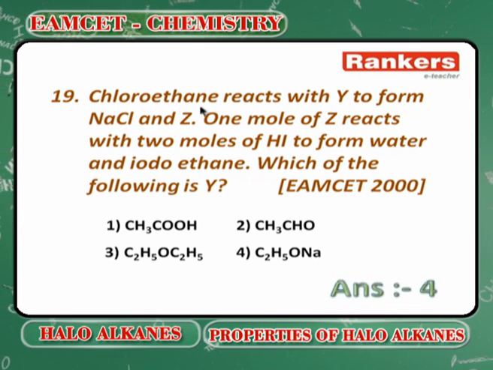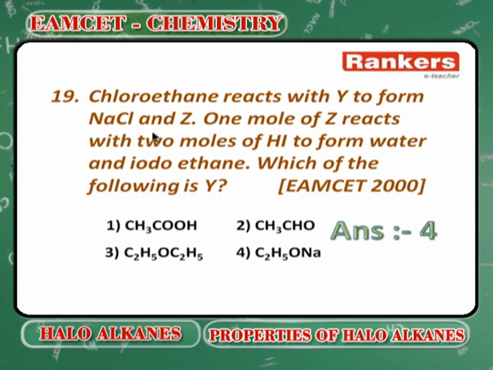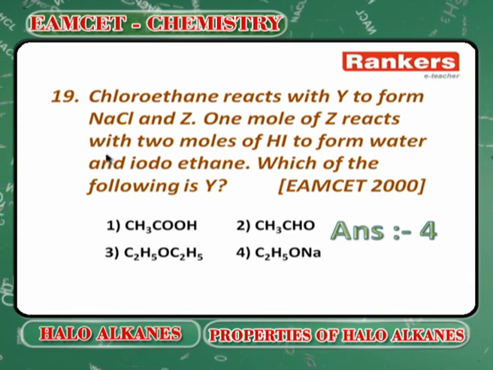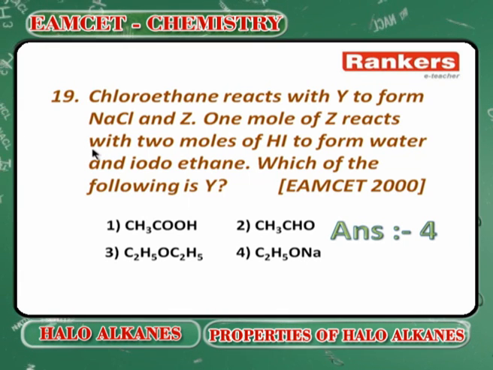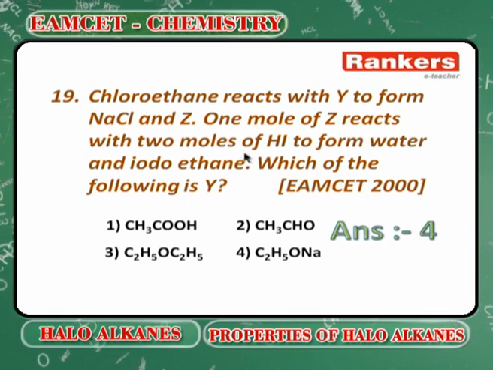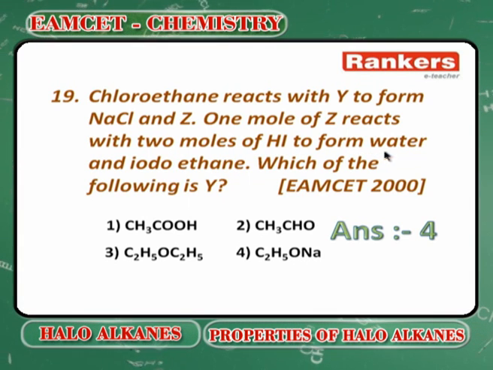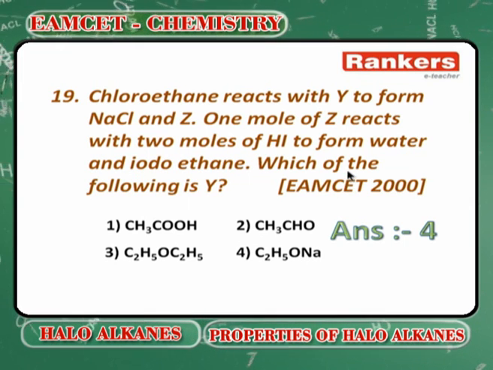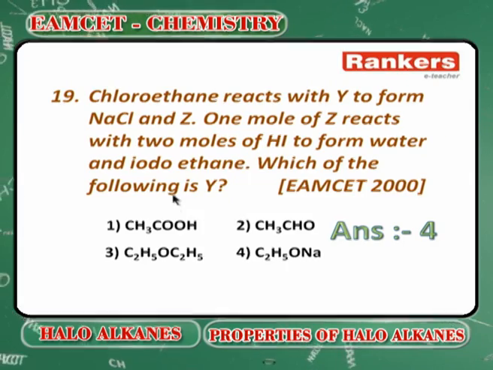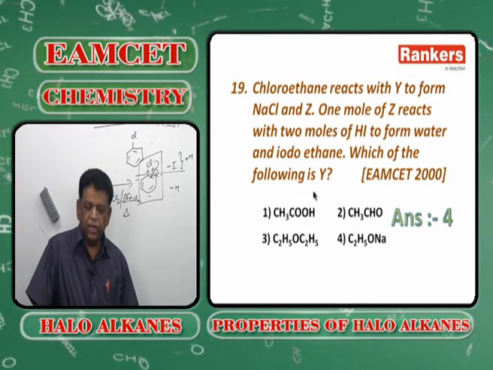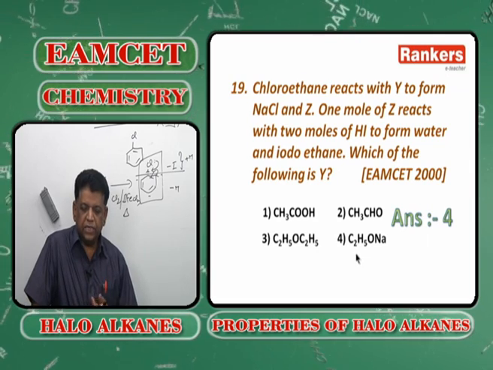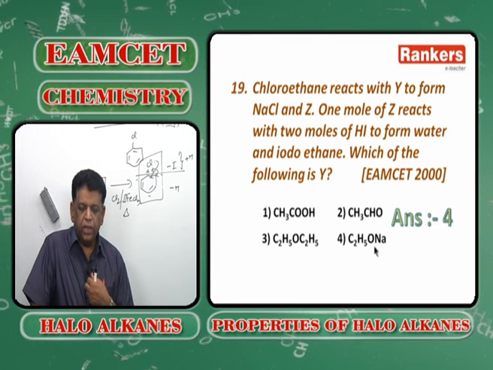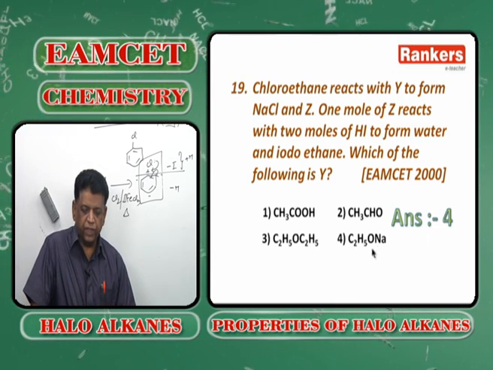the chloroethane reacts with Y to form NaCl. Slightly ambiguity is there. NaCl is shown as a byproduct. So, the introducing group we do not know, but that compound, 1 mole of Z reacts with 2 moles of HI. HI gives a clue here. HI readily reacts with ethers. So, Z must be the ether. To get Z ether, what must be the Y? Y must be an alkoxide. Alkoxide reacts with alkyl halide, that is the Williamson synthesis. So, ether reacts with HI to form water and iodoethane. So, therefore, the compound Y must be sodium ethoxide. Answer goes to the 4 therefore. Next,